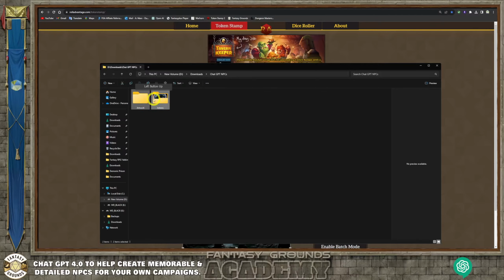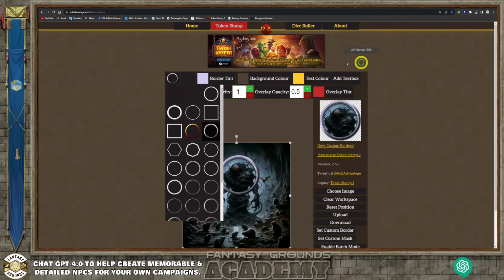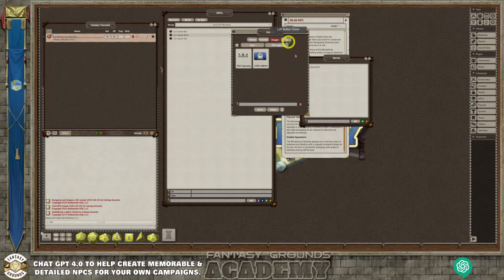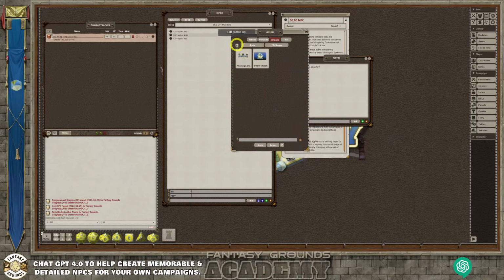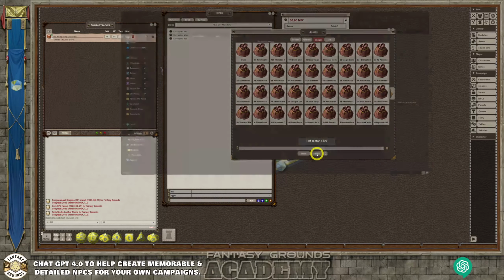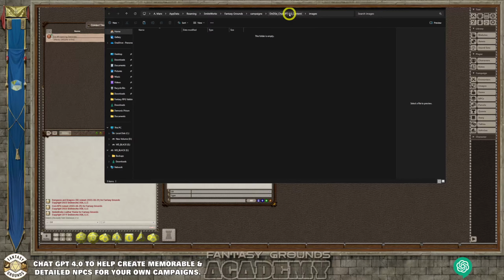So I'm going to hit copy. This way, let's say you had 50 of them or whatever, and you're done. Okay, so now I'm going to go back into Fantasy Grounds, go to the assets under library, go to assets, and you'll get this pop-up window here. What I want to do is go back to this top level. So now you'll click on folder here, and that brings you to the campaign folder for this project. So I'm going to go ahead and hit Control V, as in Victor,